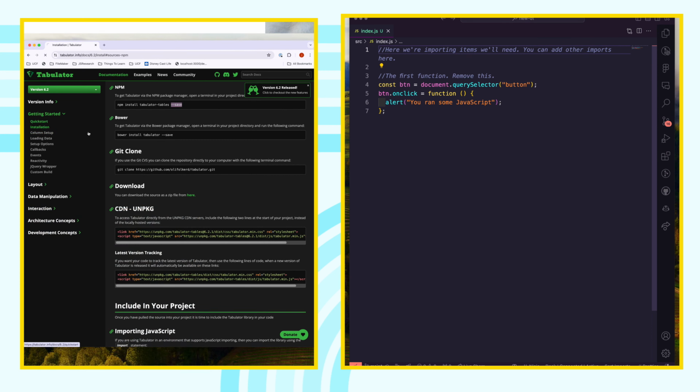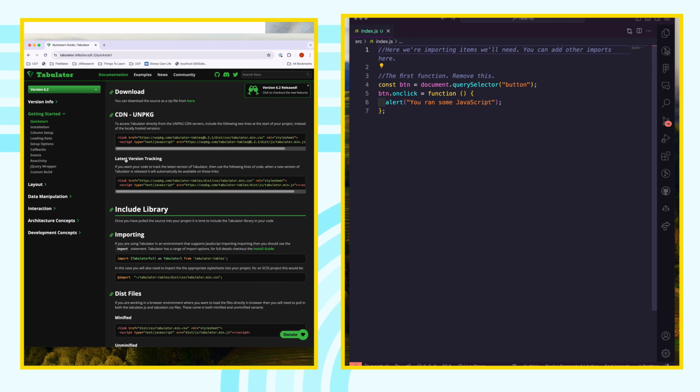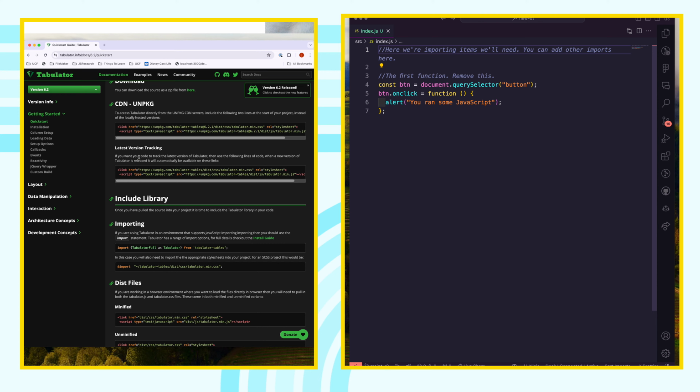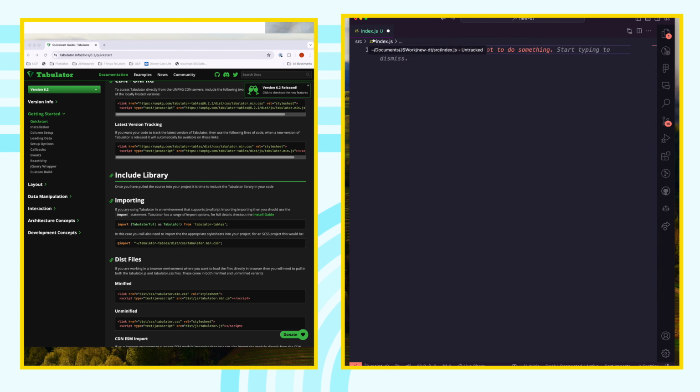Over in the quick start, I'll just follow through and see what it says to do. We've already done the install. Now we need to import the library into our code base. So our index.js here in VS Code is our source of our code base. It's like the entry point. So I'm going to, at the very top, import tabulator full as tabulator